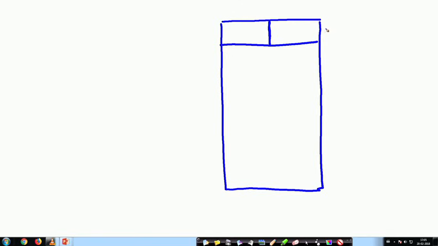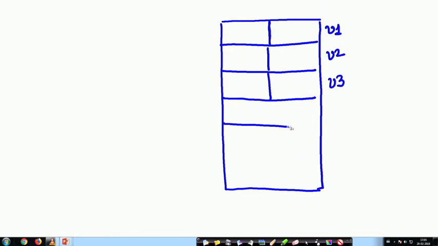This is the variable V1. This is the variable V2. This is the variable V3 and this is the variable V4, right.